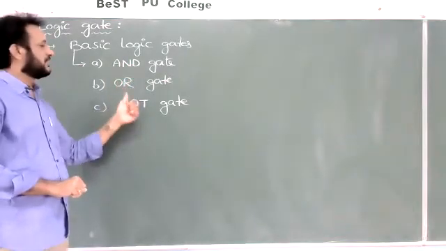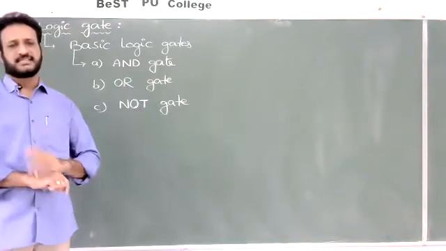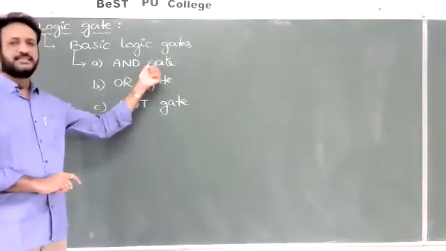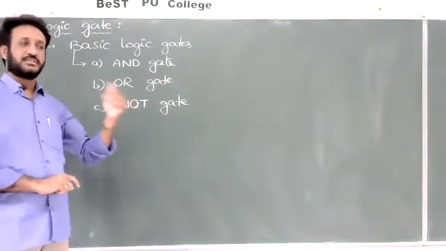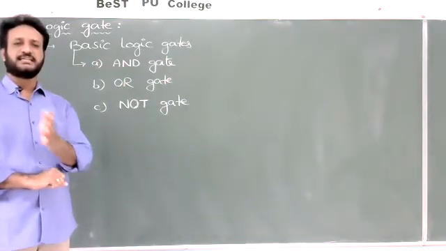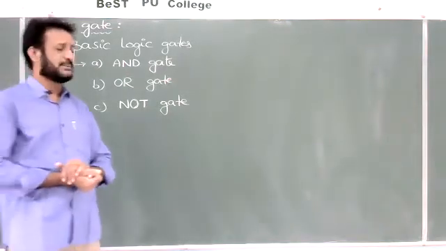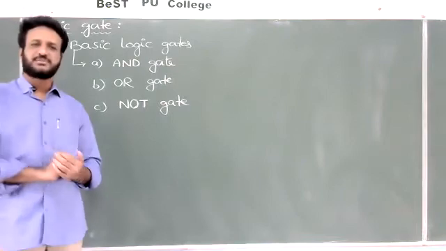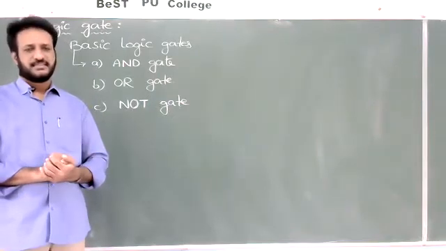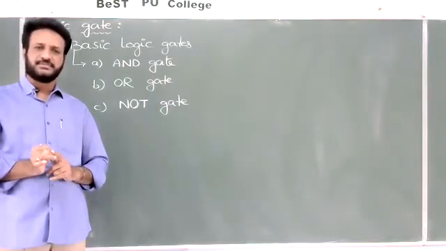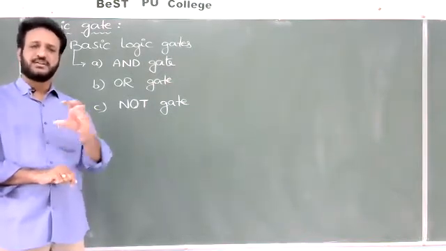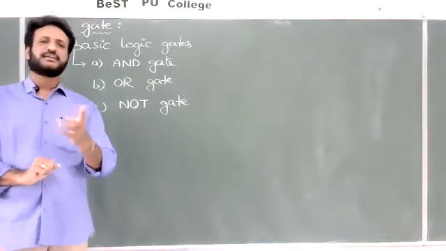But by using these three logic gates, all the gates can be constructed. Whatever logic gate is given, if you want to design or construct it, we can use these three basic logic gates. In the first year we have the units and measurements chapter, the first chapter. We have fundamental quantities and derived quantities. Fundamental or basic quantities means what? The physical quantities which are independent of any other quantities are called fundamental or basic, like length, mass, time, electric current, thermodynamic temperature, luminous intensity, amount of matter. So the remaining are all derived quantities.